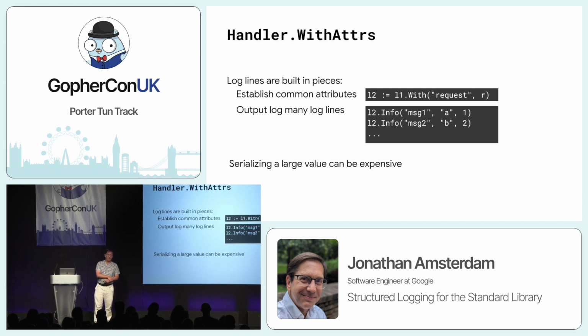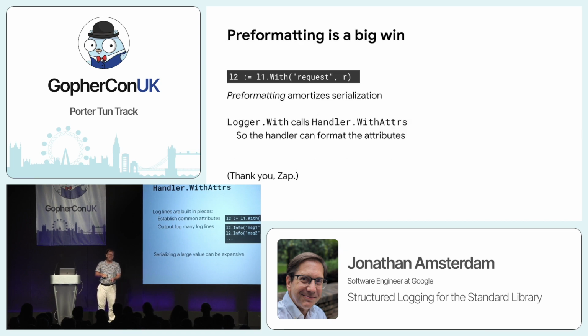This next one is due to something that they observed with Zap. We stole this idea from Zap, as we stole many things from Zap. So this with, I talked about the convenience of logger.with, which gives you a new logger that has some attributes in it already, so you don't have to repeat them in every log call. Yes, it's a convenience, but it's also an opportunity for an optimization, because you could take those attributes and format them right at that moment when you call with, instead of having to format them every time you call log.info or log.debug or whatever. So we make that happen by having logger.with